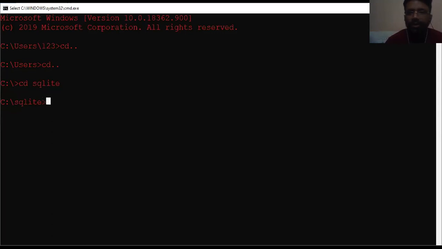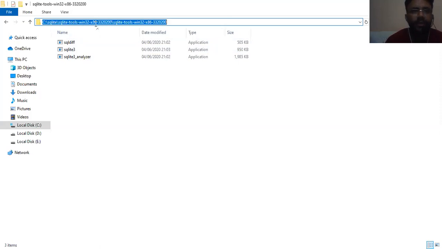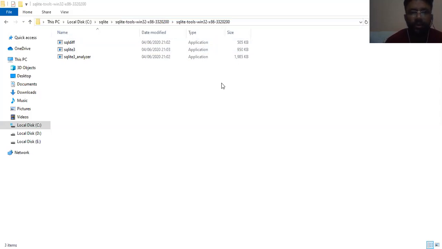So we have to just copy the directory path. I'm just sharing that given path. First, this is the file we require. This is the SQLite 3 application, and this is the given path in the address bar. So simply we copy this one with Control C, and finally I'm pasting it over here.